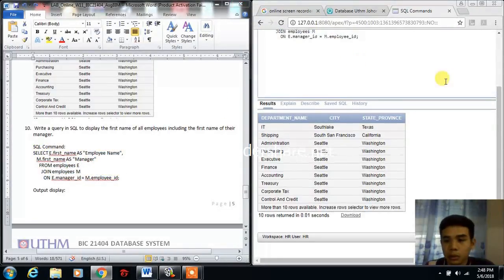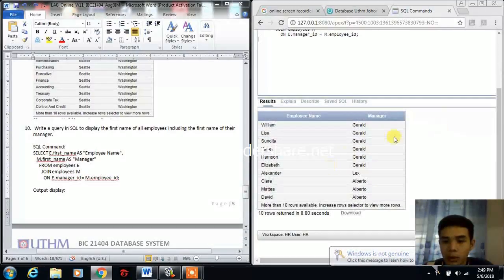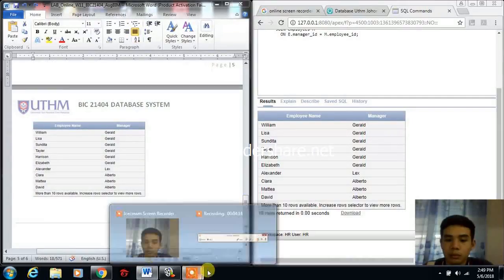And question number 10 is to display the first name of all employees, including their first name of their managers. So the same thing we are doing here. We are using select to display the first name of employees